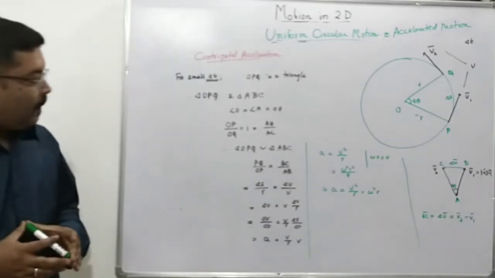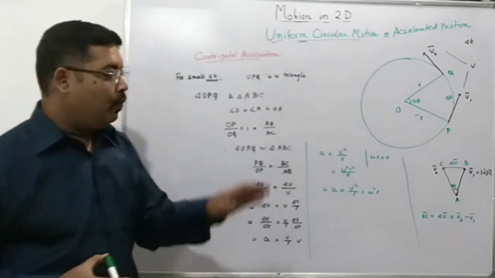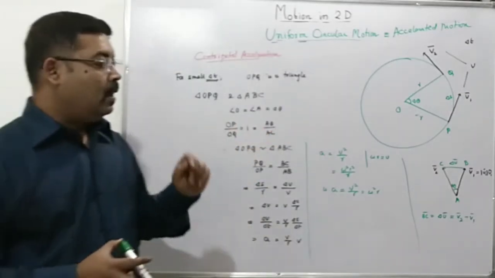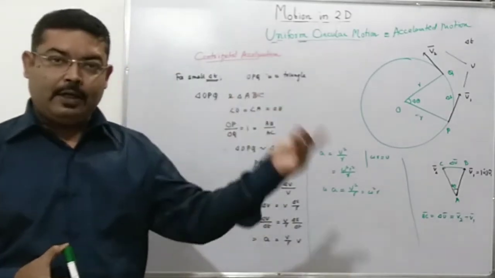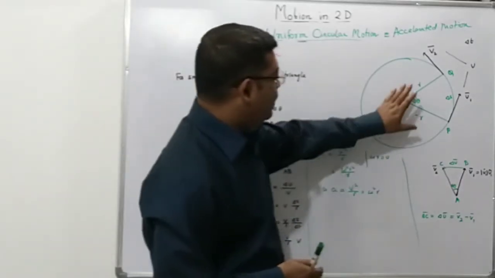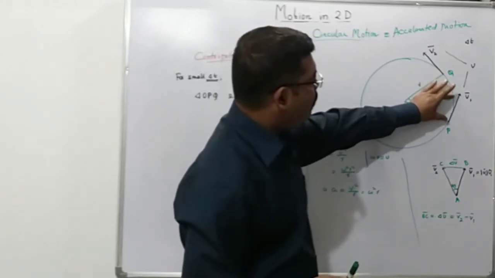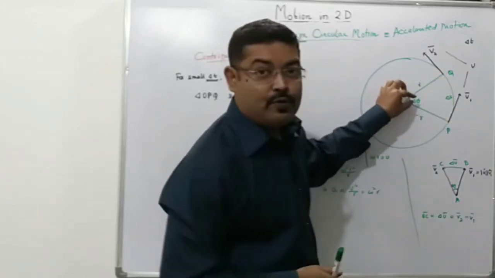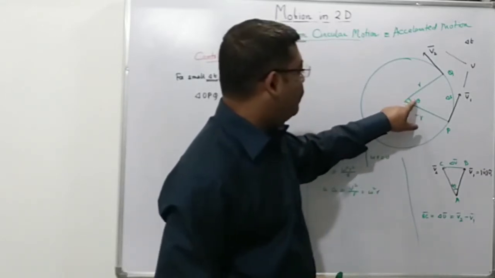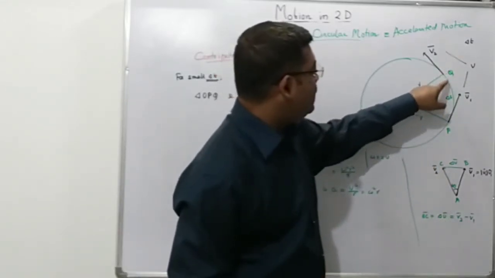Fine. Now what is the direction of delta v? In which direction is the velocity changing? That will be the direction of the acceleration A. Now if we consider here, when delta t is very small, these two points will come closer and closer together. Theta will become smaller and smaller. So when delta t tends to 0, theta will tend to 0, which means this angle